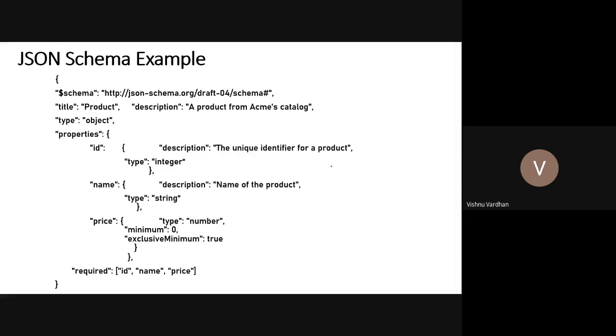It is looking like this. Even the JSON schema is again, what? The JSON schema is again a JSON object. You can see clearly there are name value pairs. There are clear-cut object definitions here. Everything is curly braced. There are some arrays also. All these are complying with the JSON formatting. That's why the JSON schema is nothing but one more JSON object that we are going to create.